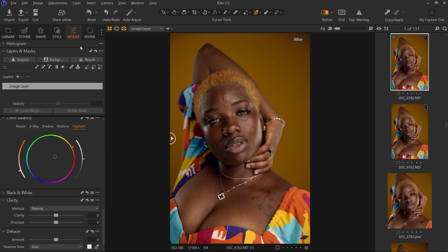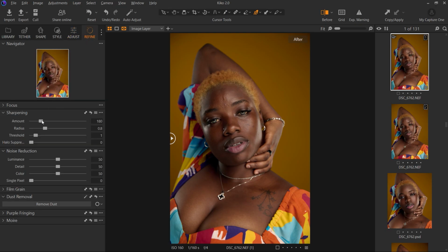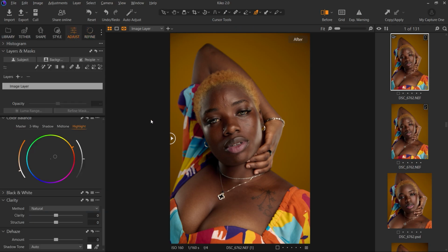After this, what I do is go to refine, then take down my sharpen, the radius, everything down. So this is all I do for Capture One right here. Nothing too much, just subtle changes. And this is the before and the after. Like I said, this was almost the same thing as what I did before. So with this right now, I can now take this image to Photoshop and edit it